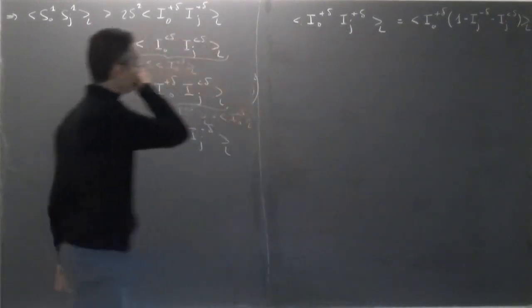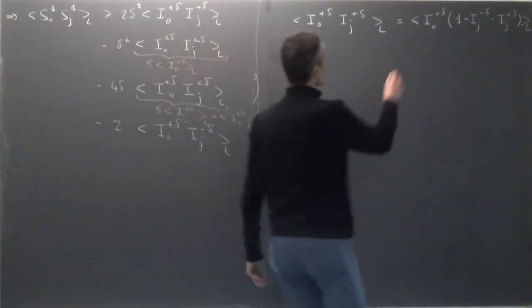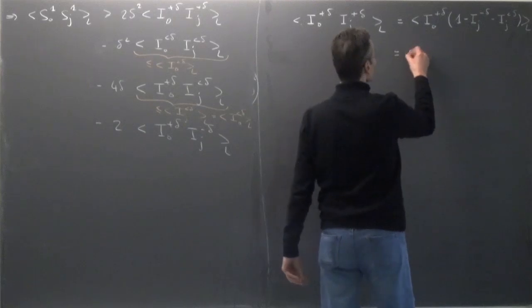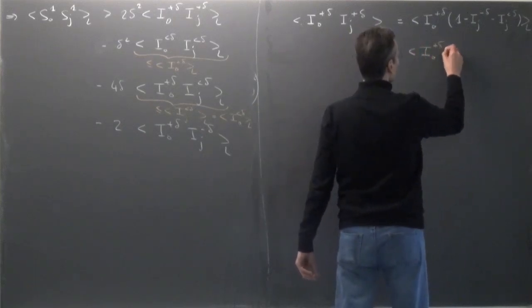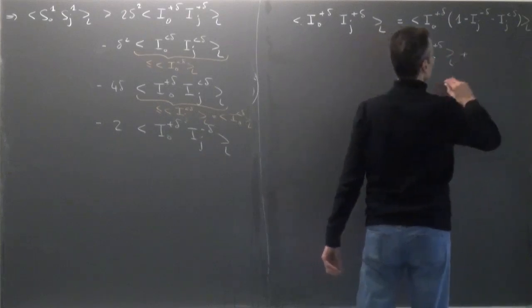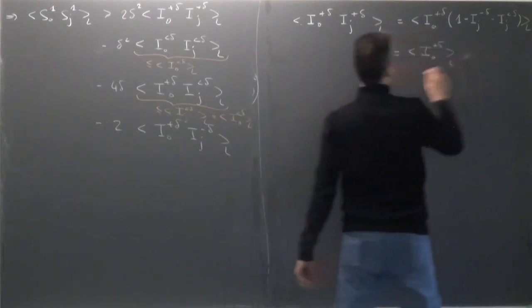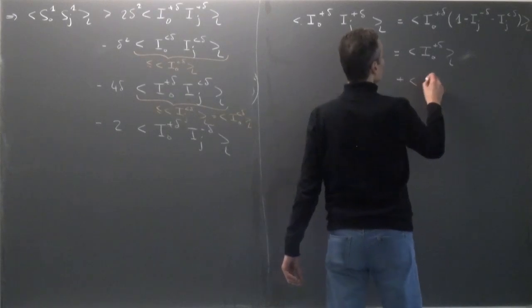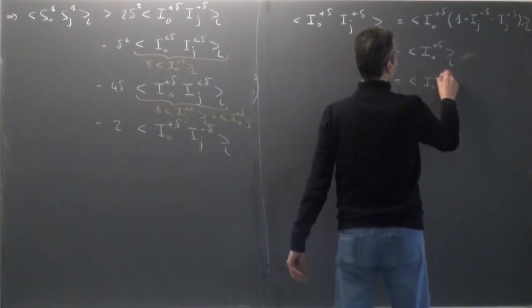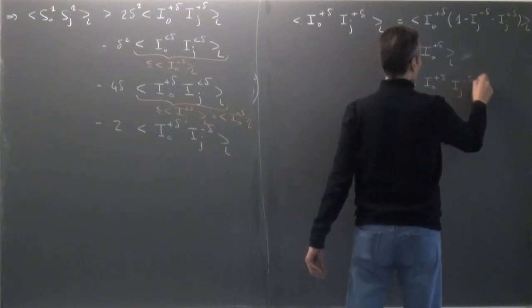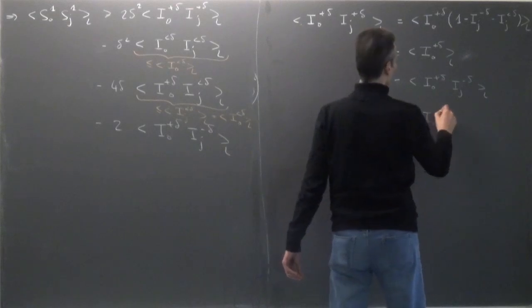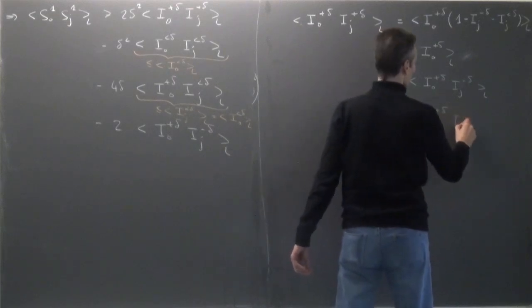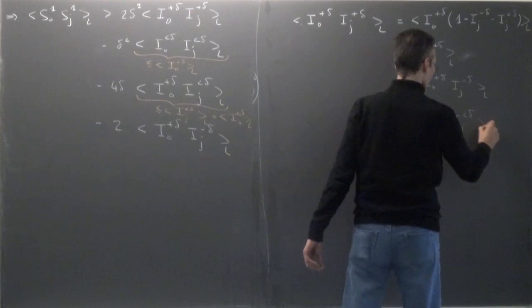So this is certainly an identity. Then I expand this. This tells me that this is the expected value of I0 plus delta, plus, maybe I'll do it on 3 lines. The expected value of, oh, there is a minus, the value of I0 plus delta ij minus delta, and then a minus I0 plus delta ij smaller than delta. Okay.